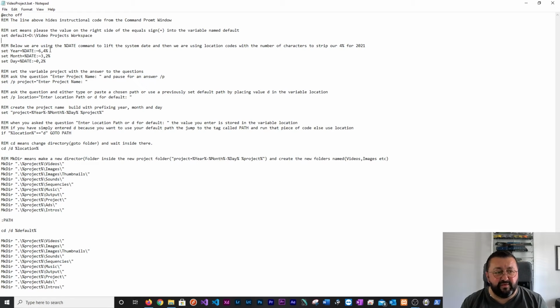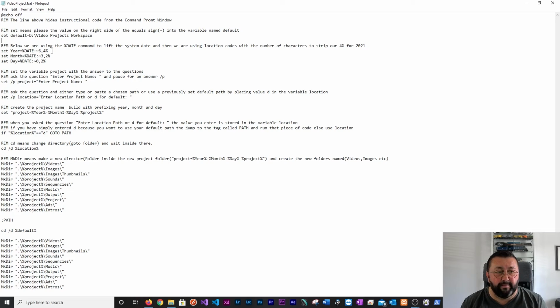The next 3 lines here, you'll note it's a set command, and basically what is happening here is it's setting the variable year to read the date, so the date value from the system clock, and you want to go to the 6th position in that date and take the 4 characters from that position onwards. So that happens to be the year if you write the date with 2 digits, 2 digits and 4 digits,